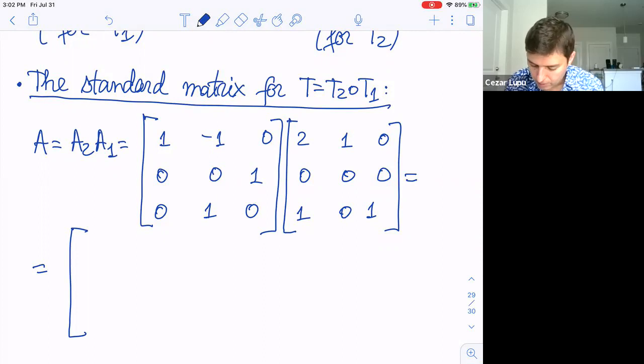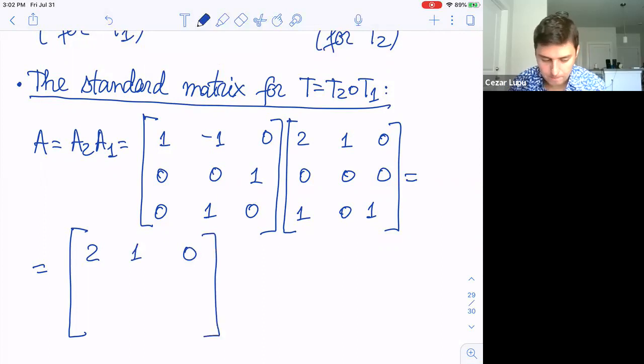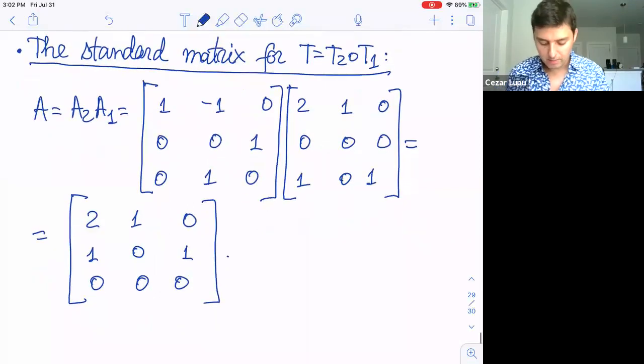So it will be 2, 1, 0, sorry. 1, 0, 1. And the last one, no, the last one is just zeros. Okay. And now the same thing, the standard matrix